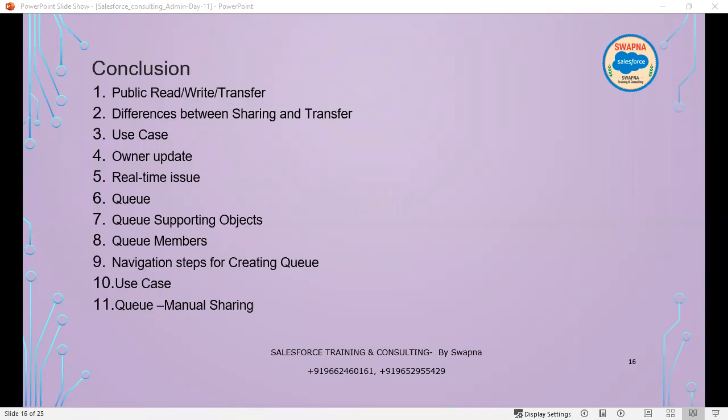Now, conclusion, what did we learn so far? Since yesterday, we have seen the differences between sharing and transfer and how to update the owner. And we have seen the real-time scenario, and we have seen the queue supporting objects, queue members, navigation steps to create it. And then today we have understood the automated